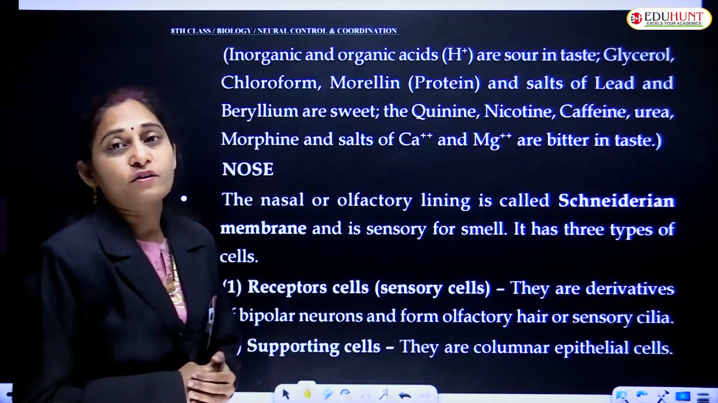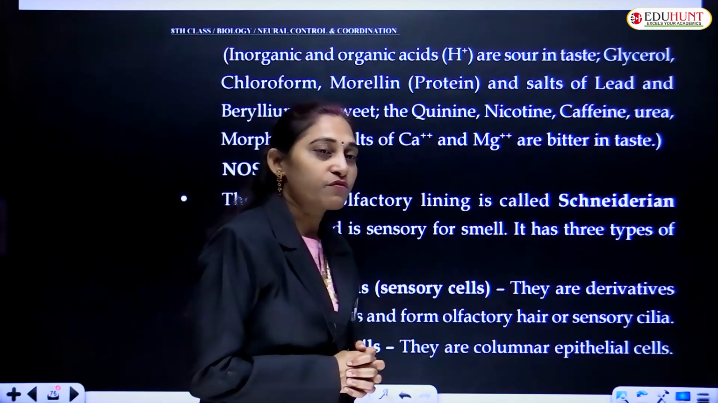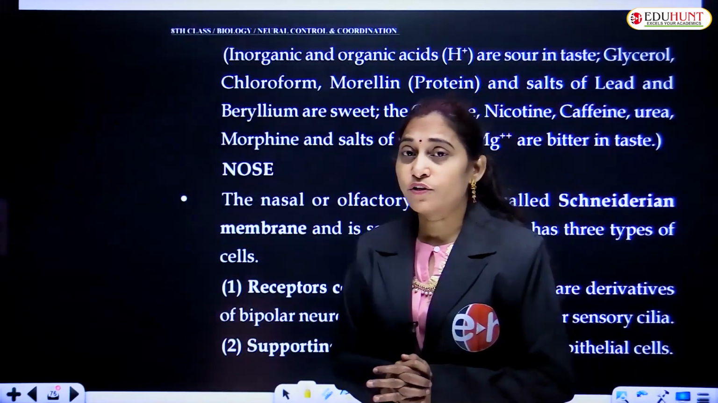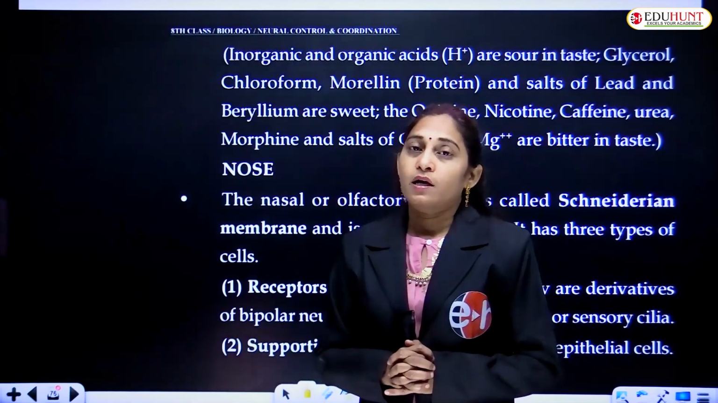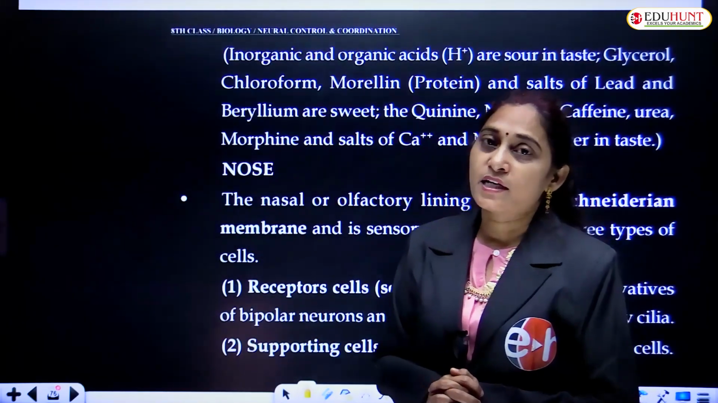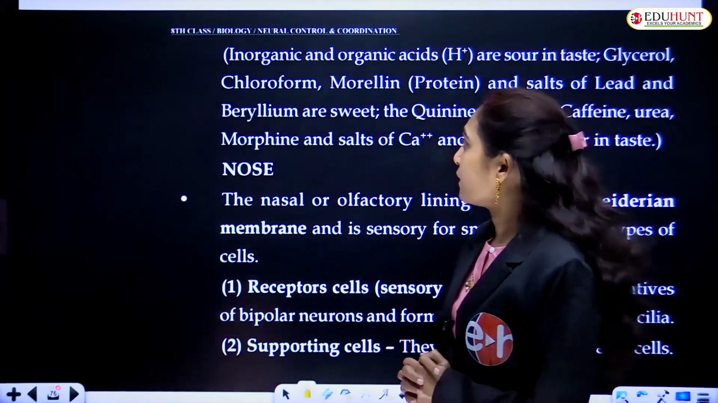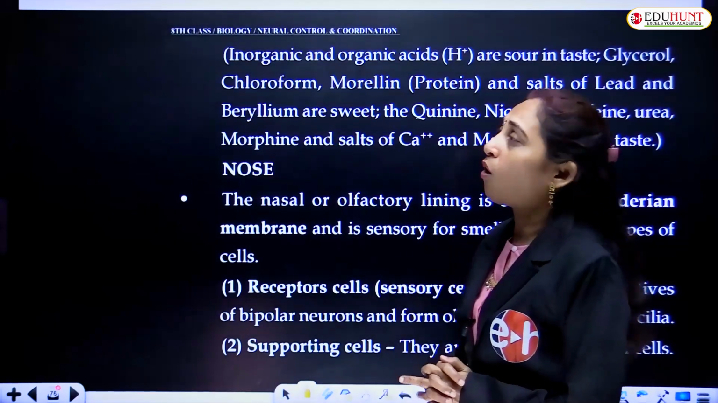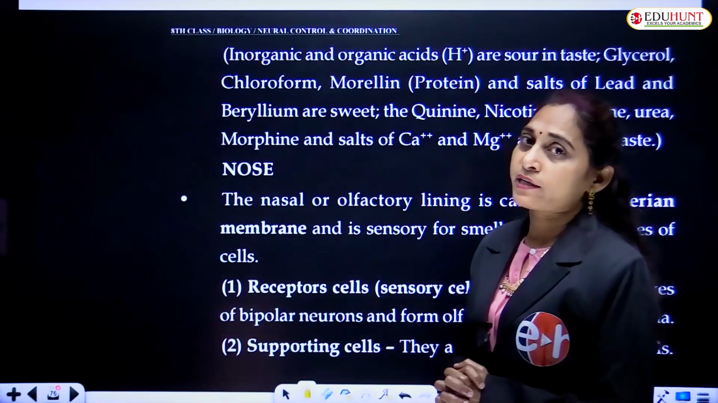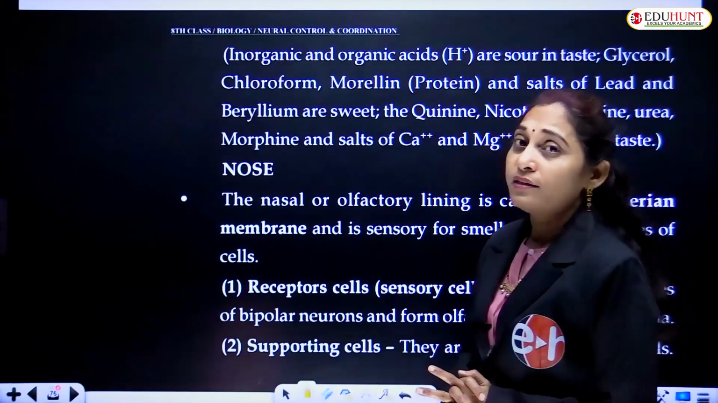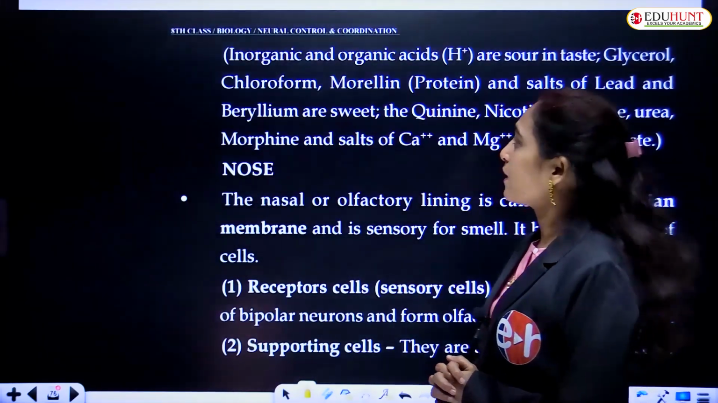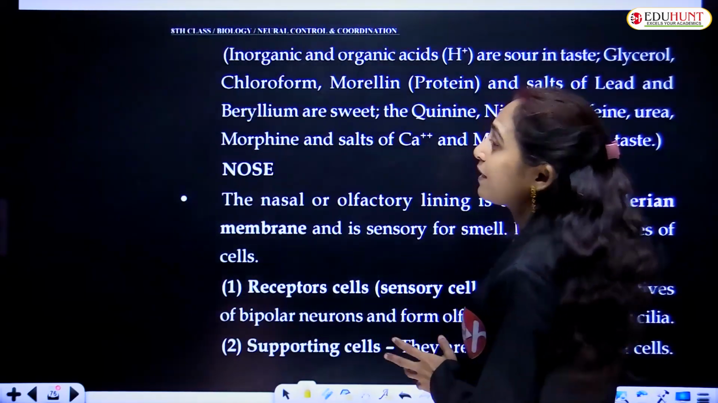We eat different foods, and among these foods we eat carbohydrates. There are different nutrients in our food: carbohydrates, proteins, fats, minerals, and all these are present. Inorganic and organic salts, especially inorganic and organic acids, are sour in taste. Because they are acids, they are sour in taste, and like glycerol,